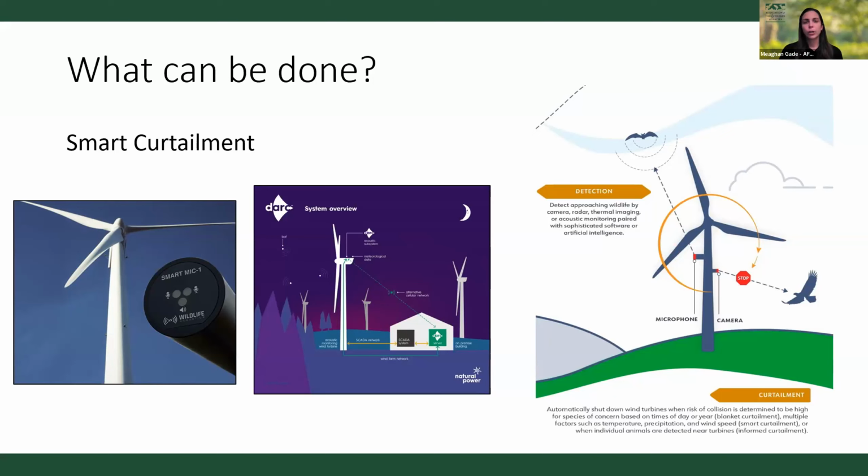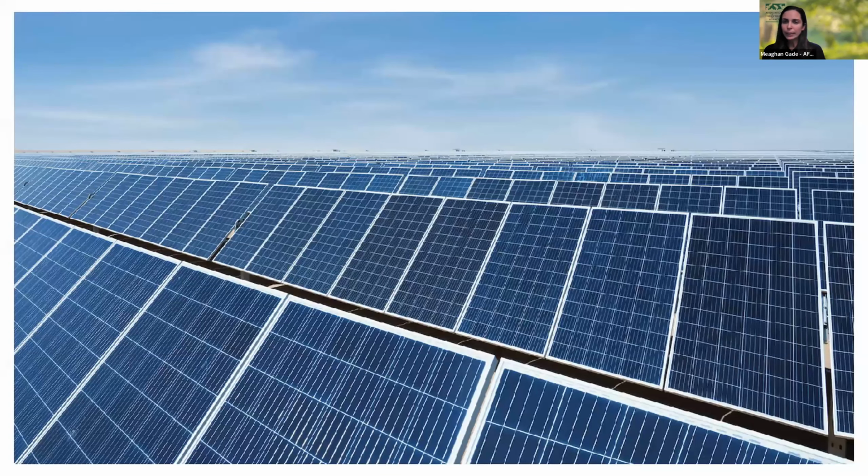All right, let's turn our attention to solar and some of the issues with solar. First and foremost, solar is one of the most rapidly growing energy sources being deployed in the United States, and it's a significant component of our net zero goals. You might be hearing in the news about all these solar tax credits. The government is putting a ton of eggs in the basket that is solar. However, yet again, there are some really serious wildlife issues that we need to be aware of and that need to be addressed for the solar build out to be done responsibly.